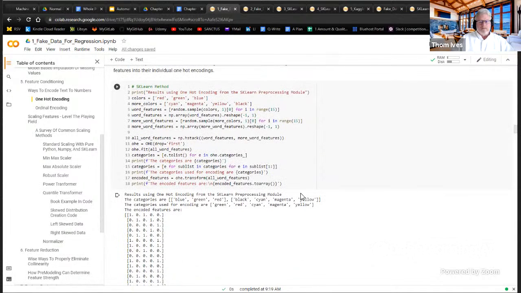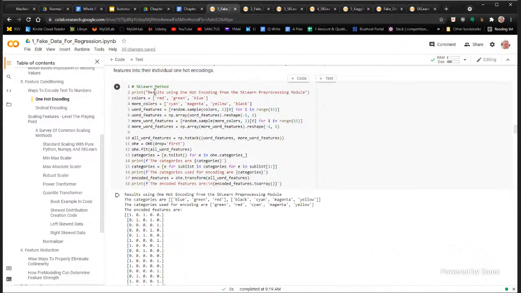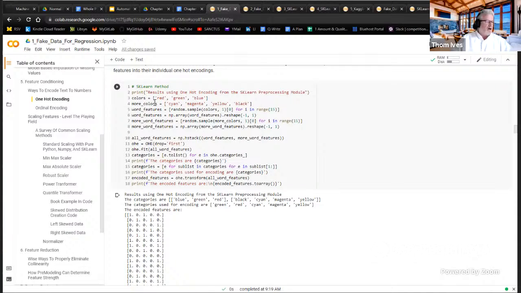Now, the scikit-learn coders, very talented, wrote beautiful code. It's quite elaborate if you get in and start looking at the source code, but very well written, very good. It would be very instructional anytime you want to get into that. But to show the power of the scikit-learn pre-made classes for one-hot encoding, I'm now going to create two groups